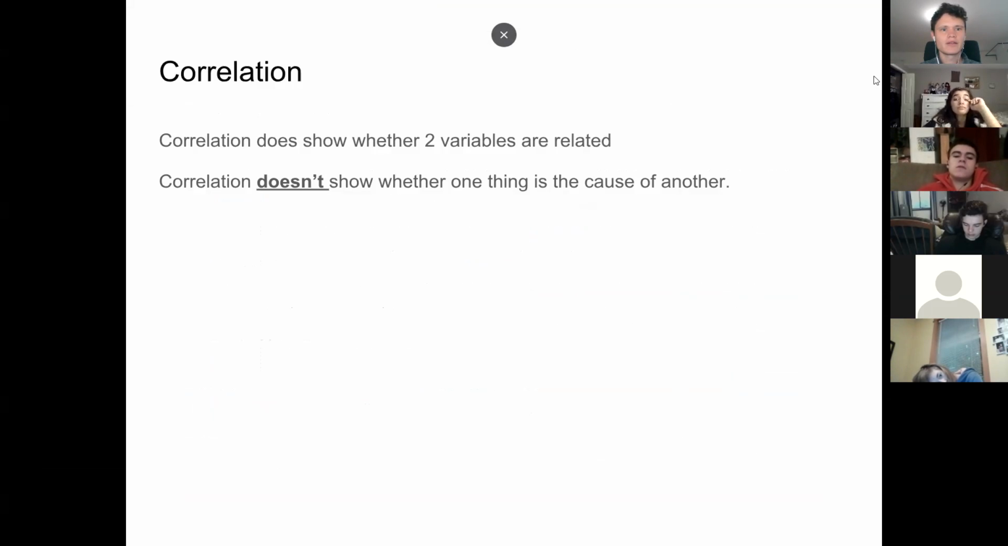Just a quick point. Correlation does show whether two variables are related, right? If there is correlation, it shows they're related. Correlation doesn't show whether one thing is the cause of another. This is exactly what Krista mentioned earlier, right? And so we can even think of something like if I graphed,